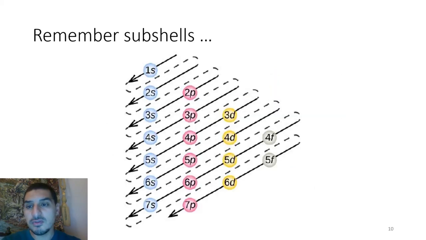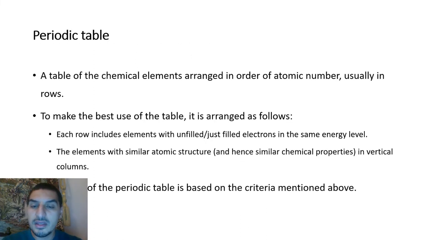And then we mentioned before that the subshells are filled by this sequence: 1s, 2s, 2p, 3s, 3p, and we mentioned that 4s is filled before 3d, and the same for 5s is filled before 4d, and 6s is filled before 4f and 5d, and so on. Now, if we want to put a definition for the periodic table, it is a table that arranges the chemical elements according to the increase of the atomic numbers,